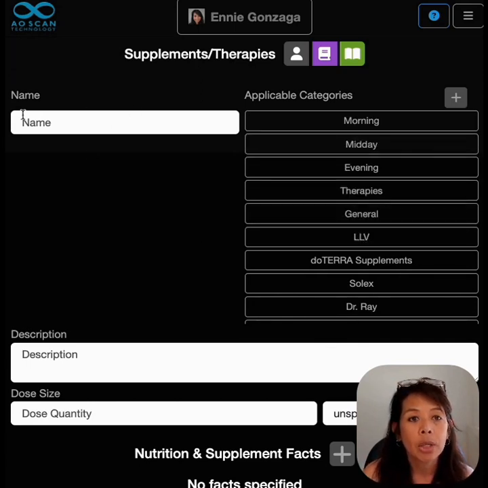Okay, and then you just go ahead and add your supplements. When picking the categories, it's up to you. People do it different ways. A lot of people like to put everything in general. I personally leave general alone because general is all the supplements that came with the device. So I recommend not adding anything under general so that way you know what came with the device and what